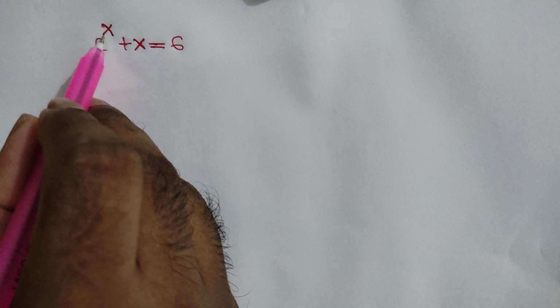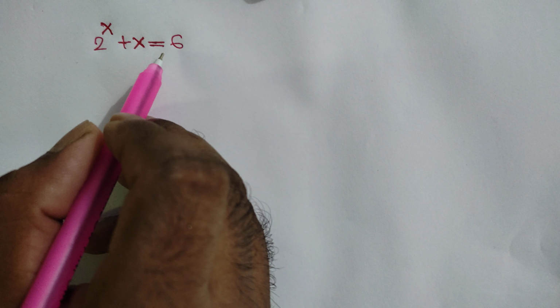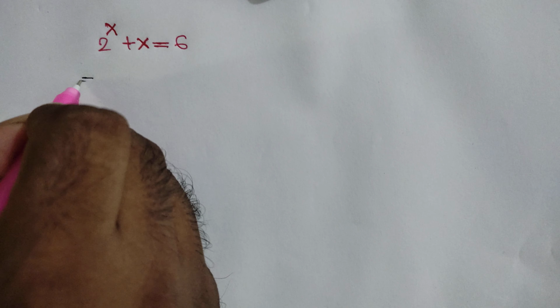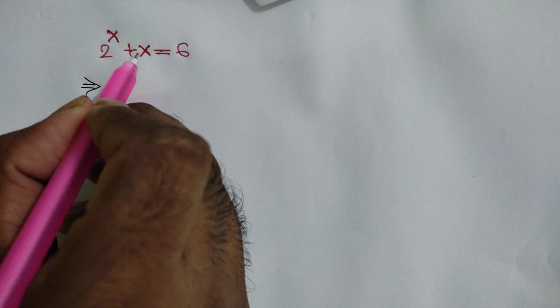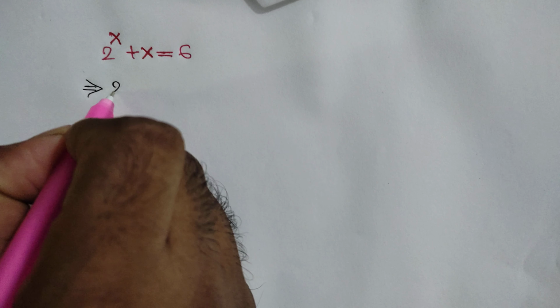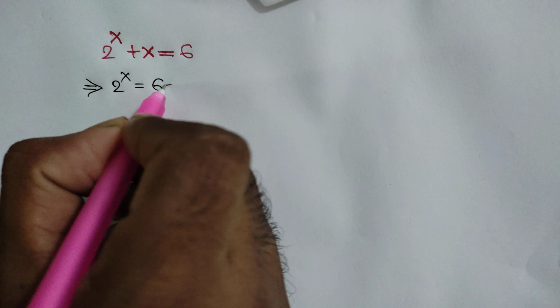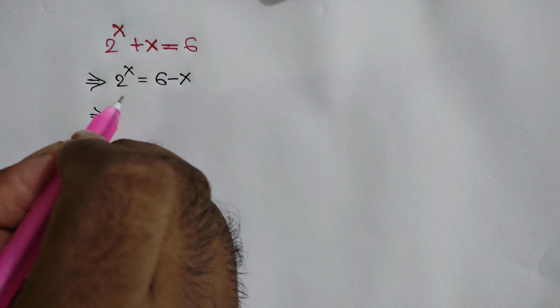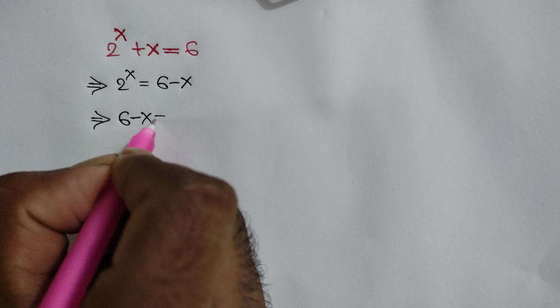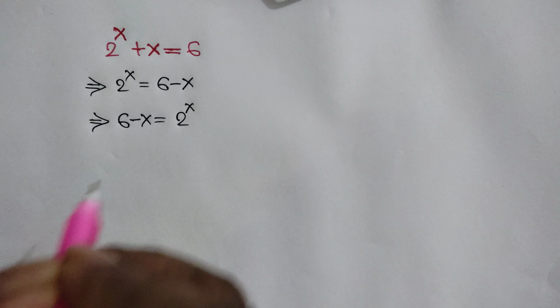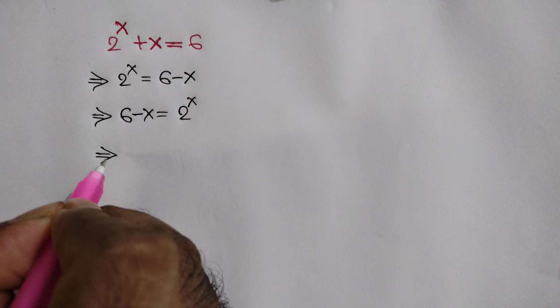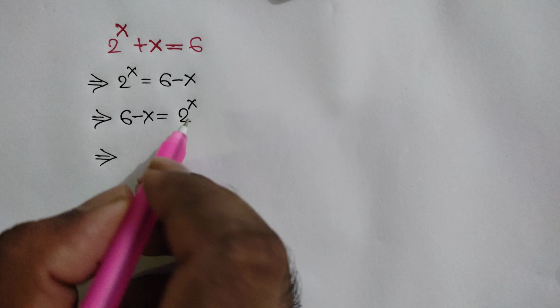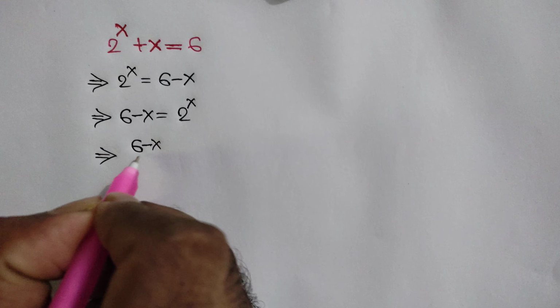In this video I am going to show how to find the value of x where 2 to the power x plus x is equal to 6. Taking this positive x to the right side we get 2 to the power x is equal to 6 minus x, or now changing sides we can write 6 minus x is equal to 2 to the power x. Now dividing both sides by 2 to the power x we can write 6 minus x